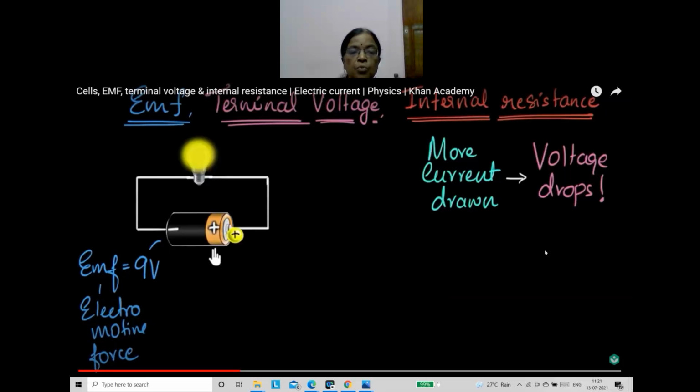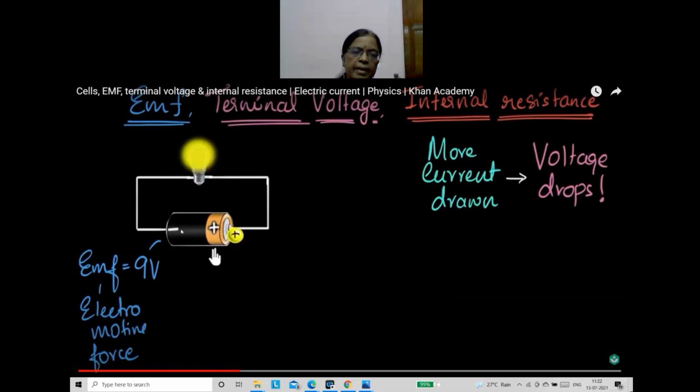Understand? And the battery has to do some work. So that energy is wasted as heat energy. Instead of 9 joule per coulomb of energy, the charge when it reaches will not have the same value of energy. It will be reduced. For example, instead of 9 volt, it will have only 6 volt, like that. Some energy is wasted as heat energy, because the cell, electrolyte, electrode, etc. offer some resistance to the motion of these charges.